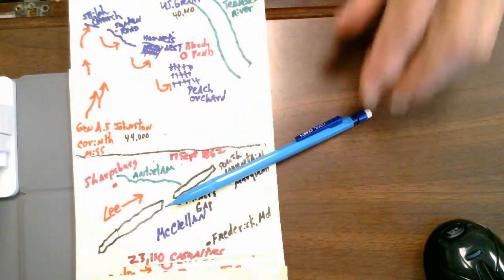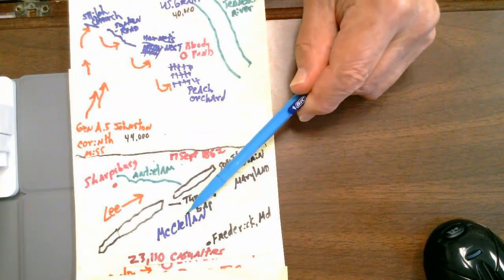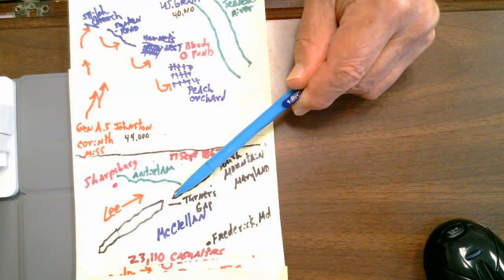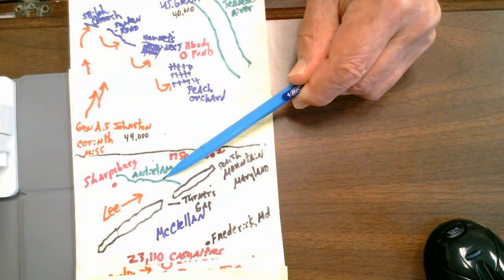I've got him. And then he thought about it a minute, and he said, no, I think it's a trick. I think they just planted it there, and that it's not the real thing. And he thought about it for about 24 hours, and then he went back and he said, I think it is the real thing. And so that's when he ordered his troops here to now proceed through Turner's Gap. And so the Northern Army went through Turner's Gap right here, and that's where they found Lee's army right here